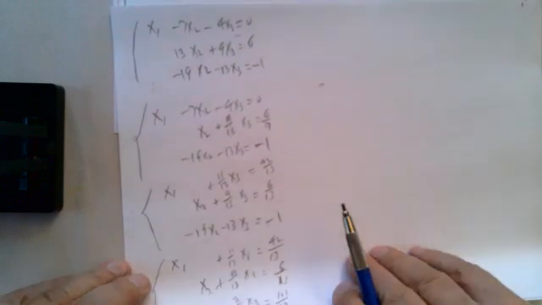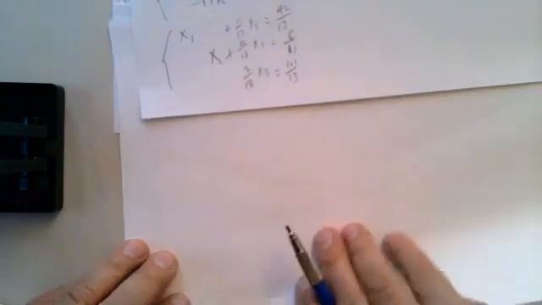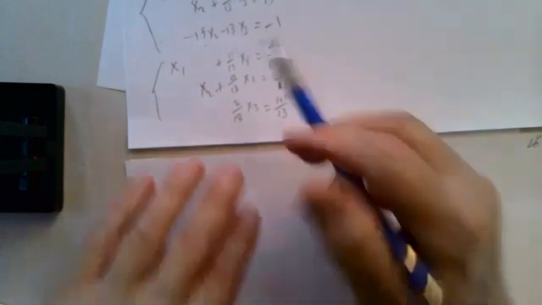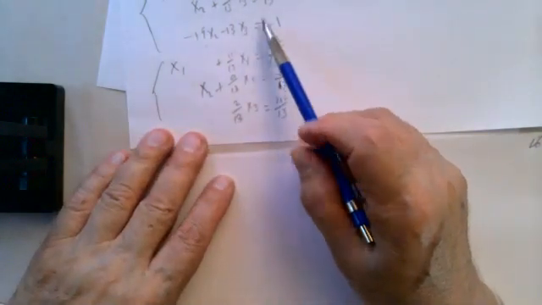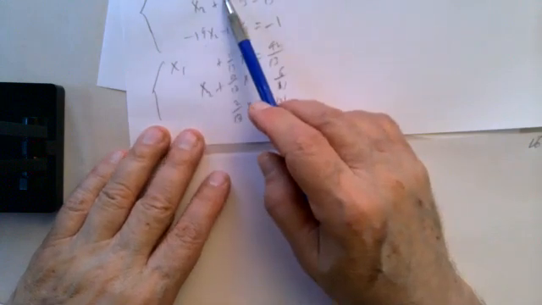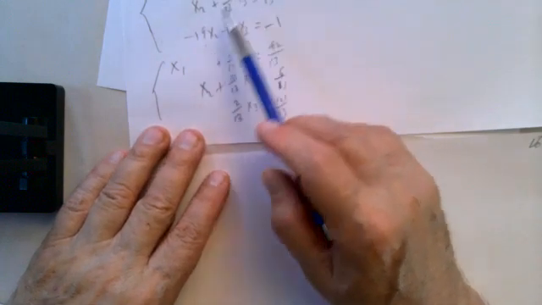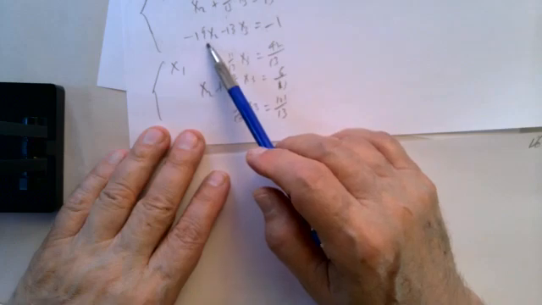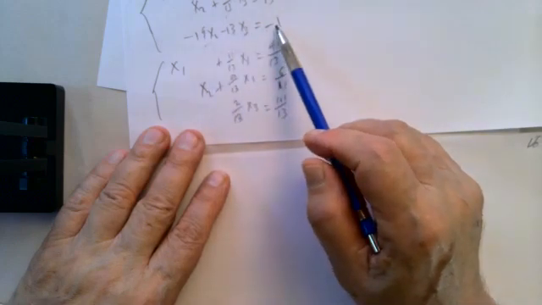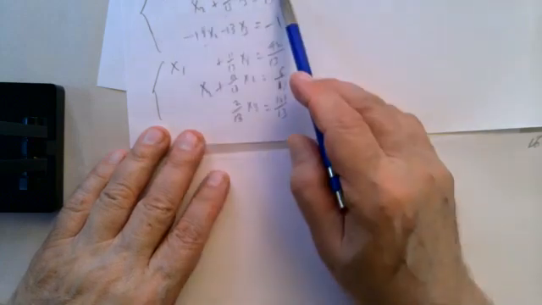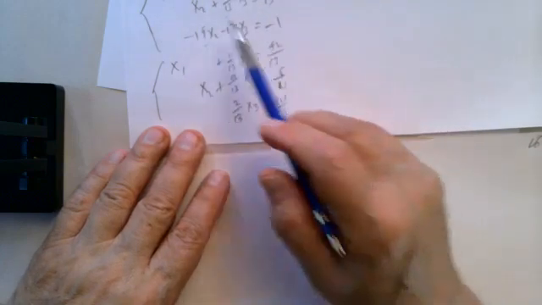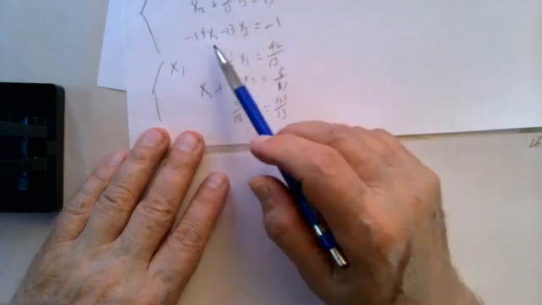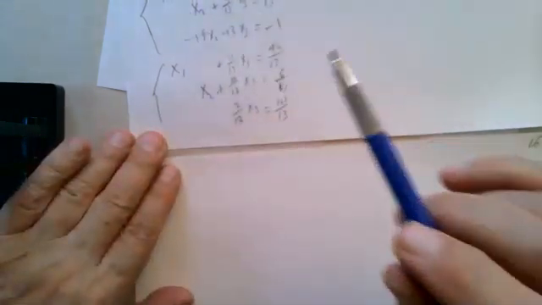So let me do that out exactly, just so you see if the arithmetic is correct. So this is my set of equations that I got to without any problem. x1 plus 11 over 13 x3 is 42 over 13. x2 plus 9 over 13 x3 is 6 over 13. And minus 19x2 minus 13x3 is minus 1. So this is my first equation. It hasn't changed. This is my second equation. I multiply this equation by 19 and add. When I multiply this by 19,